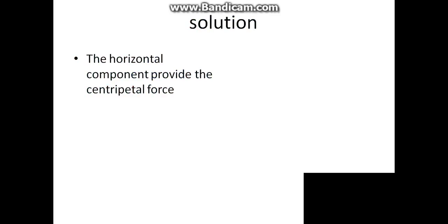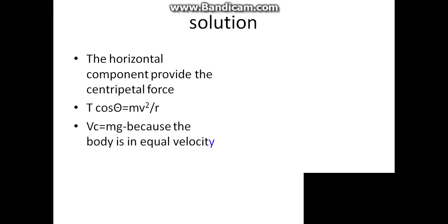Solution. The horizontal component provides the centripetal force. T sin theta is equal to mv squared over r. T cos theta is equal to mg because the body is in equilibrium vertically. According to Pythagoras theorem, the square of the hypotenuse is equal to the sum of the squares of the other two sides. Then we have that h squared is equal to 1 squared minus 0.6 squared, which will now give us